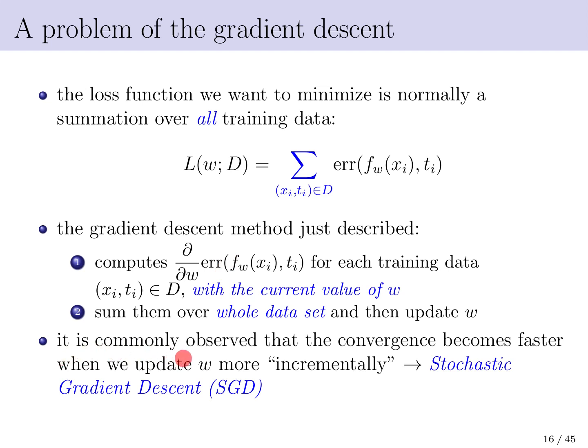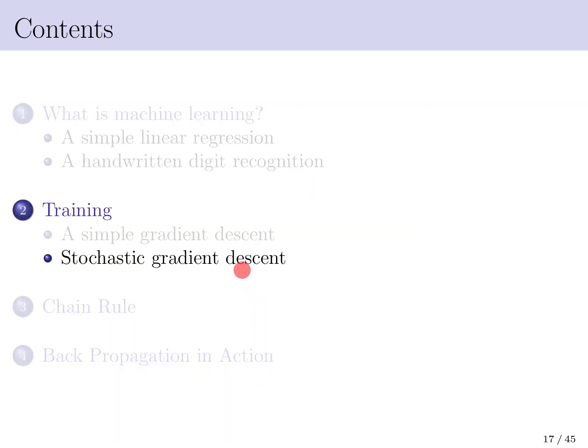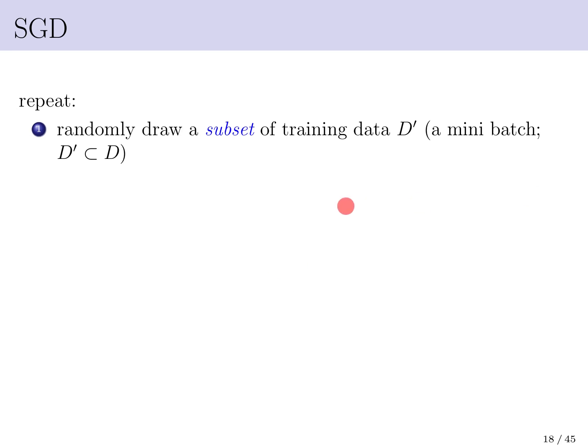It is very commonly observed that convergence becomes much faster when we update W more incrementally, or more frequently. Which leads to something called stochastic gradient descent, or simply SGD. So here's what SGD is. The only difference between SGD and the original gradient descent I have just described is that